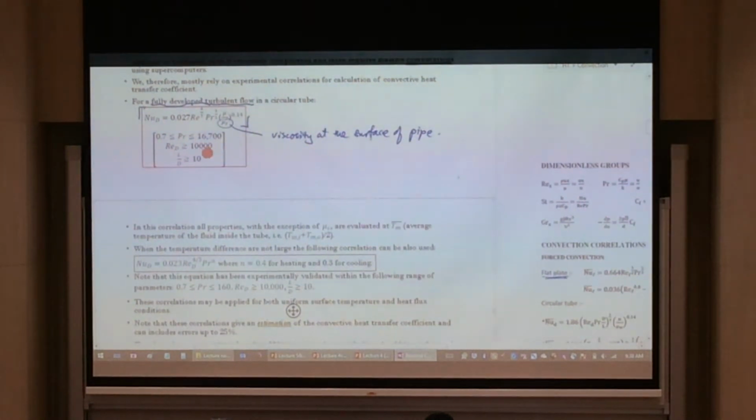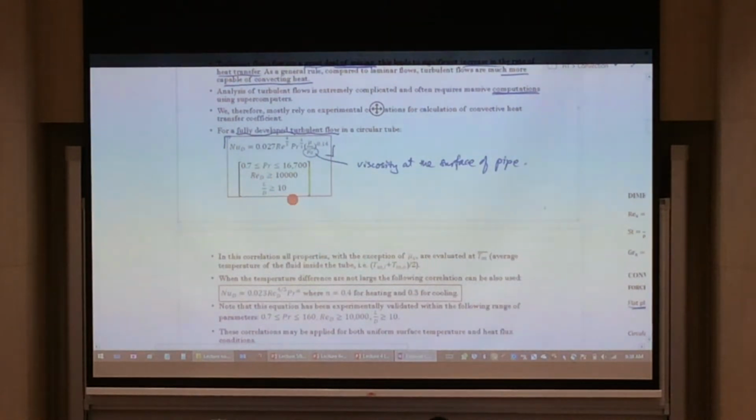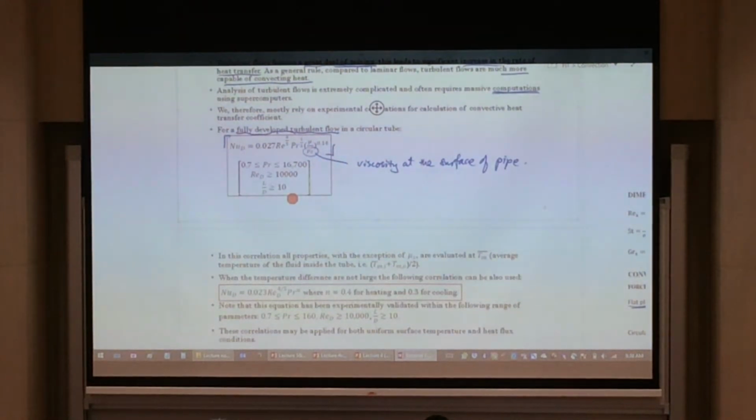So your Reynolds number is more than 10K, and then your L divided by D, that L refers to the length of your pipe that you are interested in, and the D refers to the diameter of the pipe. So L over D is greater than 10, meaning that the pipe you're concerned with is longer than its diameter. How much longer? 10 times longer than your diameter. In this case, we can use this set of